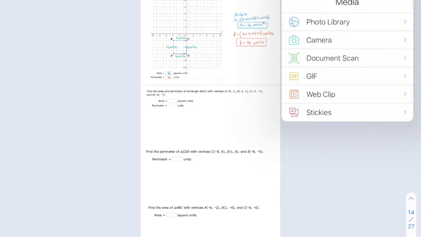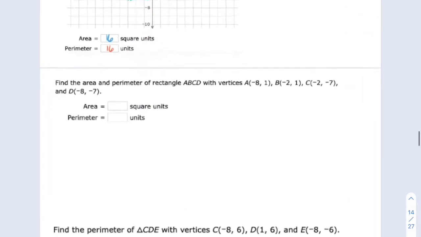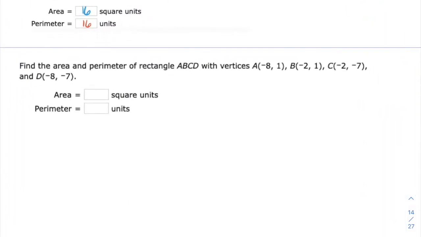View. Can I insert maybe a graph? Okay, well,